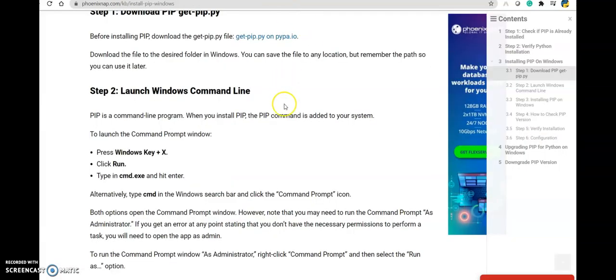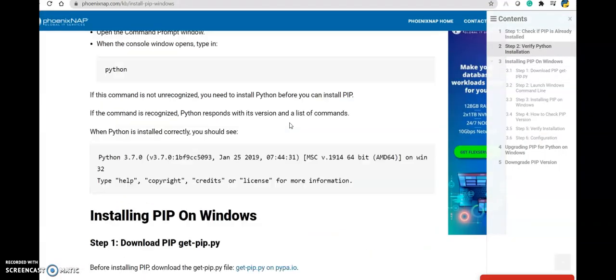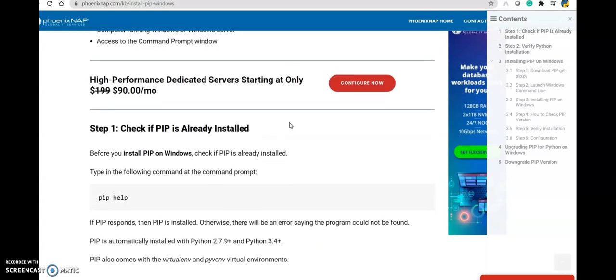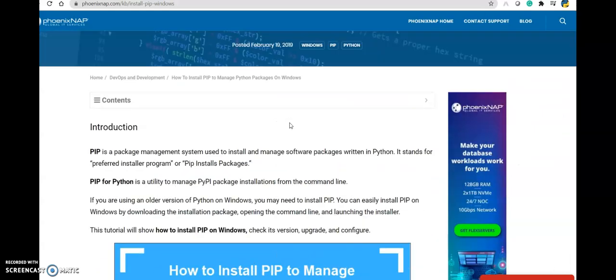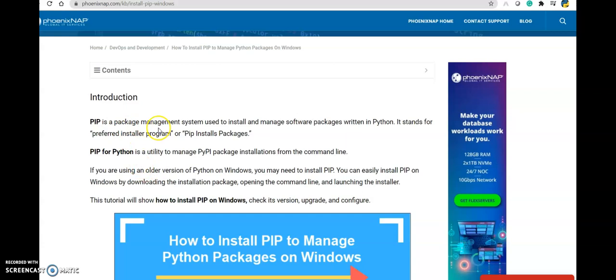First you must know what pip is. Pip is a package management system used to install and manage software packages written in Python. You can write your own package and put it in the site-packages folder by using the pip command.